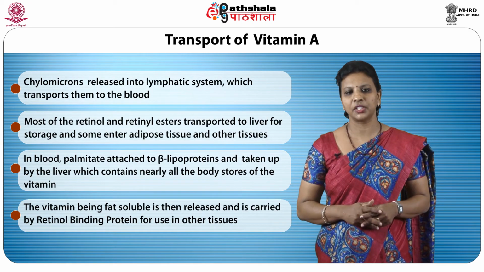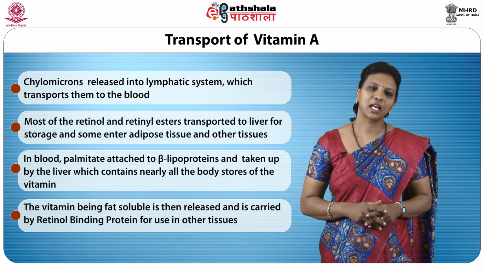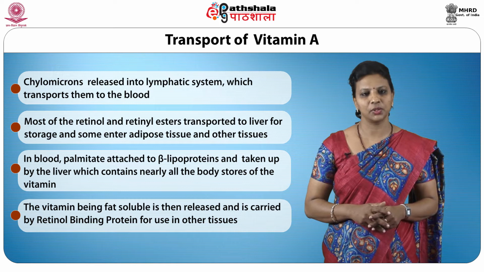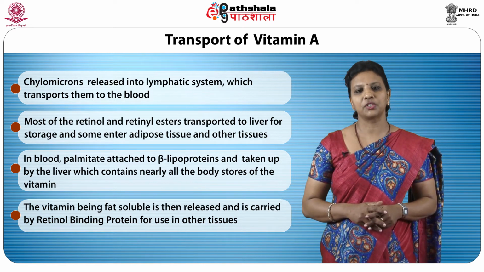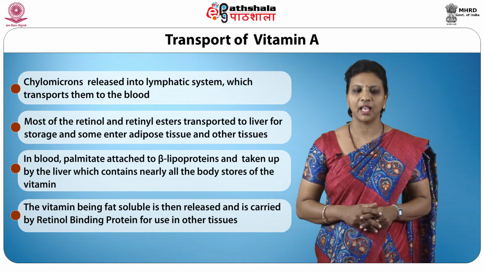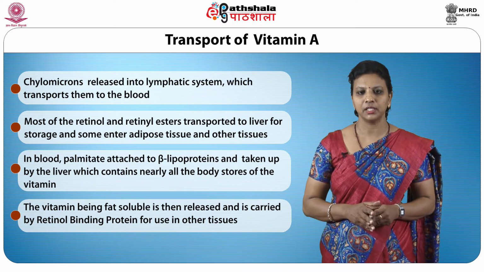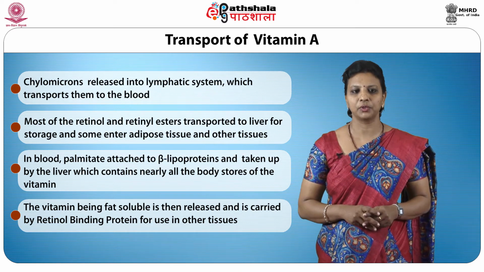How is vitamin A transported in the body? Let us have a look. The chylomicrons are released into the lymphatic system, which transport them to the blood. Most of the retinol and retinyl esters are transported to the liver for storage, and some enter adipose tissue and